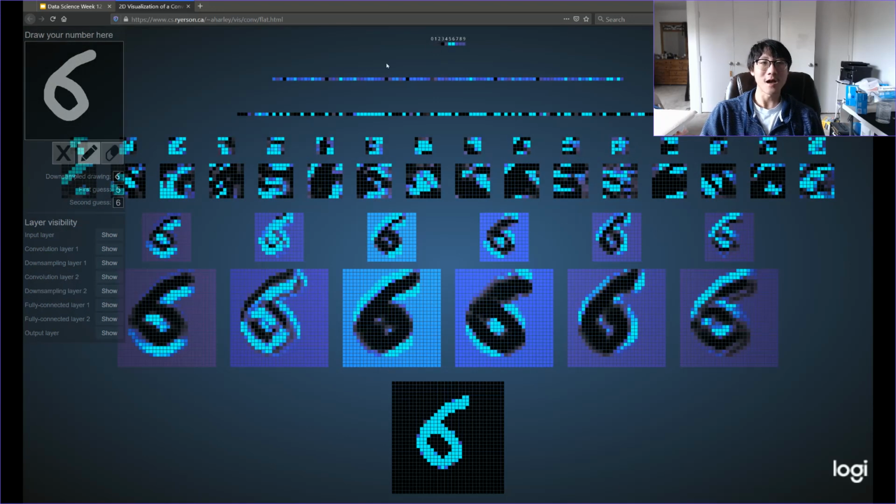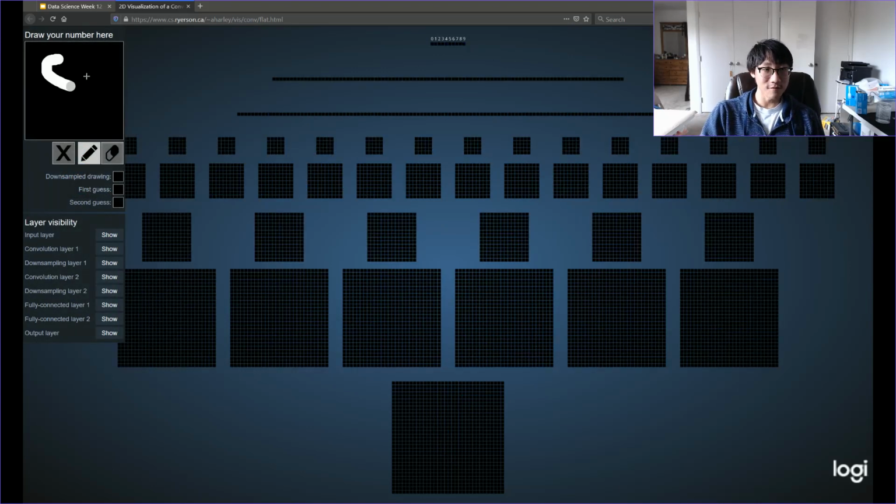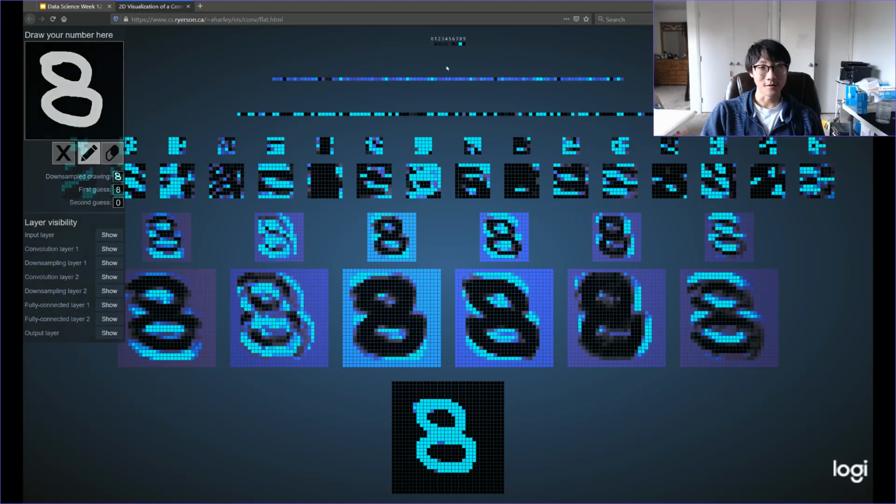Now the computer thinks it's a 6, but there's also some probability of it thinking that it's a 5. So the point is it's not perfect, but we can try various things. Let's try an 8. It does pretty well, although it thinks that there is some possibility that I actually wrote a 0, perhaps because an 8 is comprised of 2 zeros. Anyways, this is